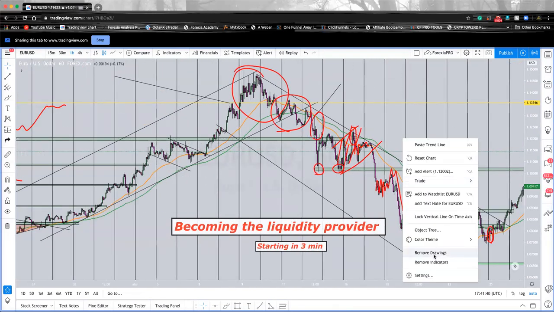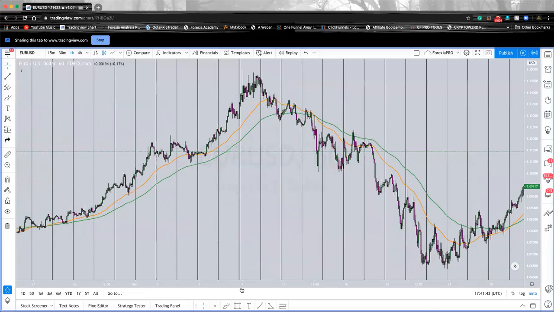Let me remove everything. I went through whatever I wanted to show. This is my entry, my friend. This is my entry right here. This is my entry. This one I wouldn't get in, but I would hold from here because they didn't really touch my averages. I'm not really happy, but after this engulfing, you know, stop on high engulfing, you can get in right here. Same as this, you see that wick, stop on high engulfing candle, you can get in. Retest of 50, you can get in. Even this one, you should have been break even.